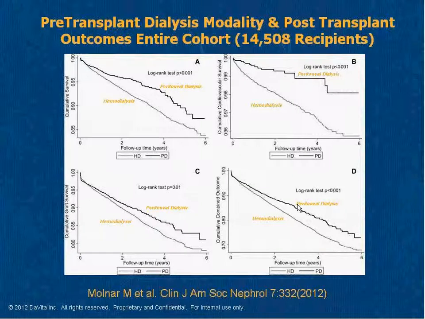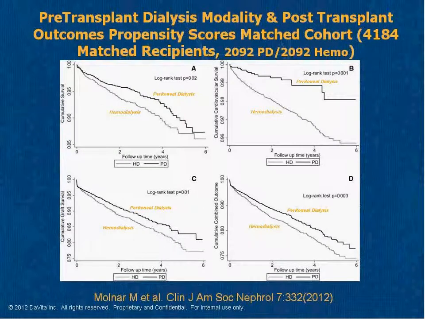Now, they did what is known as a propensity scores analysis, meaning that each PD patient was compared to a hemodialysis patient who had similar age, sex, and comorbid conditions. So the difference between the two groups would be the modality of therapy, that being peritoneal dialysis. It was found that indeed, when you did